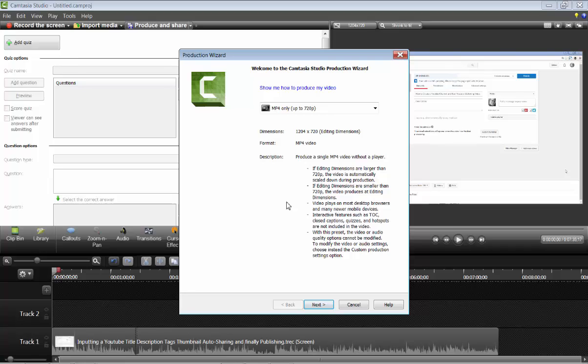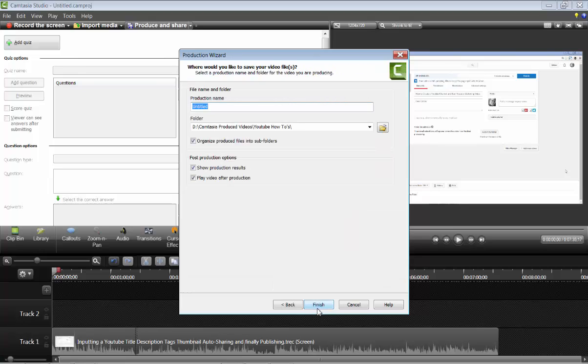Once in a while I'll scale it down if I want it to be really small. Like for example, if I want to upload it directly to Facebook or to my website and I need the video file size to be a lot smaller than what a HD would produce, then yeah, I go ahead and do that. So you click on next, you input the title of the video. That's obviously not the title of the video, and then from there you click finish and it'll produce the video into a video file, and it'll bring up a folder for you to upload onto YouTube, which we will